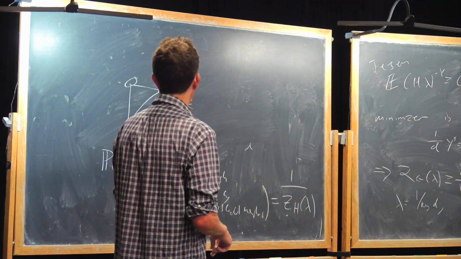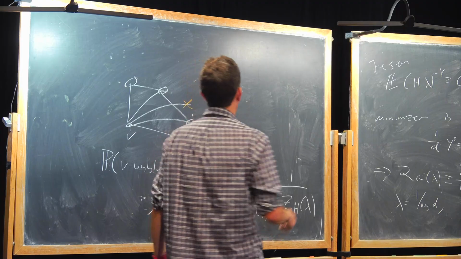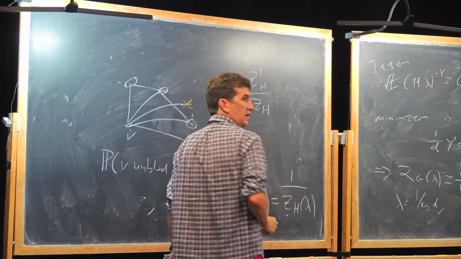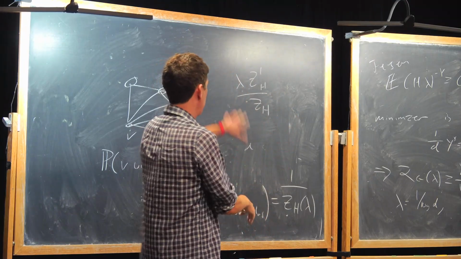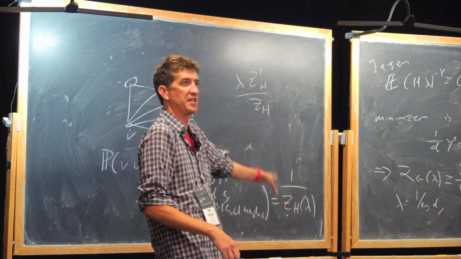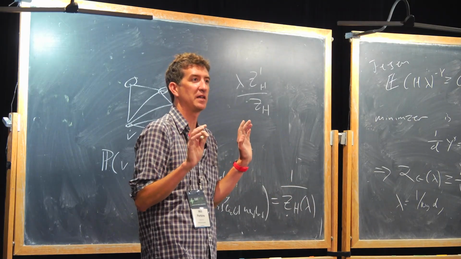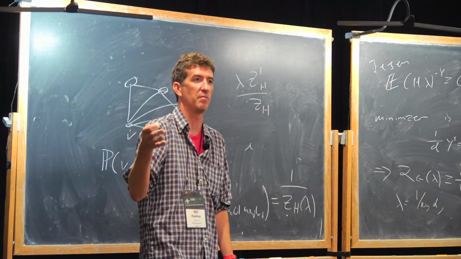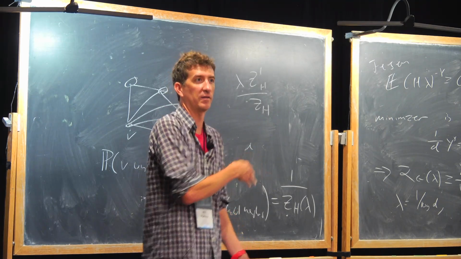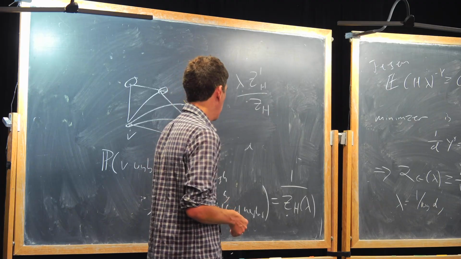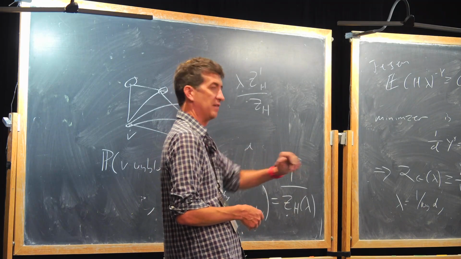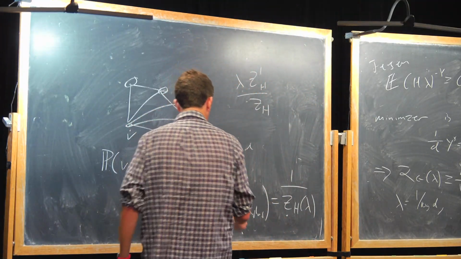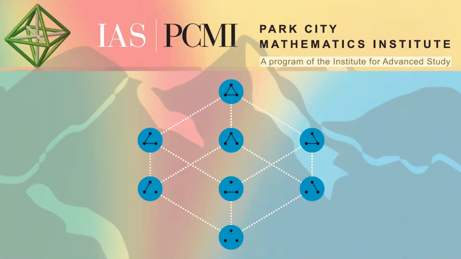You also have to say what's the expected number of neighbors there, and that's something like lambda Z_H prime over Z_H. And then you have a new identity, but that's in terms of expectations of partition functions of H. It gets a lot more complicated, but in the notes, I explain how you solve the upper bound optimization problem using this and linear programming. So if you're interested, follow in the notes. I won't say more about that, but that's it. So thanks. And then we can discuss anything you want in